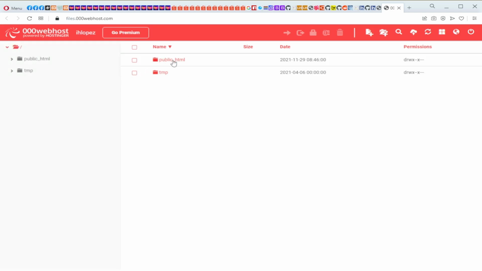Now we have here two folders. We have here public_html and we have temp. Now usually by default all of the files are uploaded in public_html. Now the equivalent of public_html in your XAMPP is your htdocs. Okay. So if I were to click this folder,